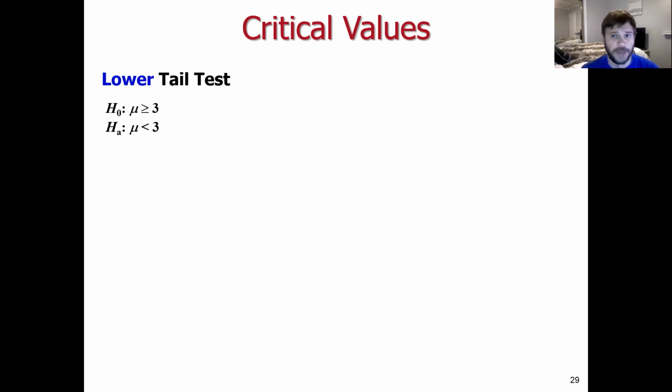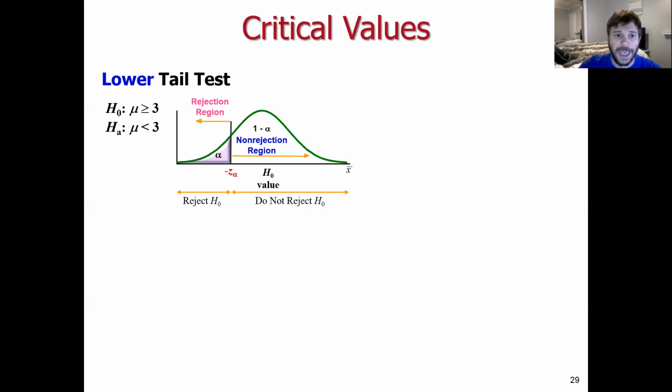The alternative hypothesis, that's what we're looking for evidence to support, right, against the null hypothesis here. And that alternative hypothesis is then mu is smaller than 3. So we're looking for sample data that is very small relative to 3. Okay? And if we set our acceptable level of type 1 error alpha,